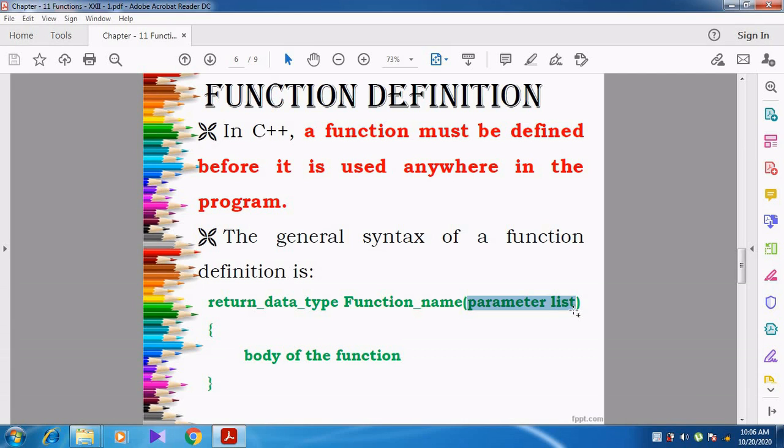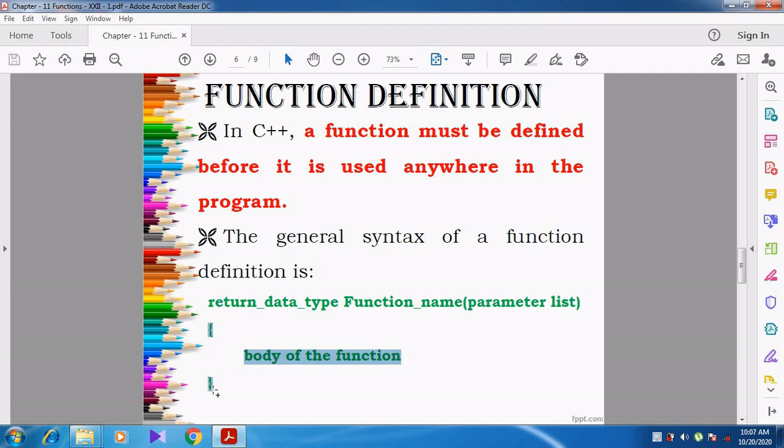Parameters are not compulsory, it is an optional one. So first you specify the data type of the function, which can otherwise be called the return type of the function. Then the function name should be specified. After the function name, within the parenthesis, you can specify the parameter list. Then within the block, that is within the opening curly brace and closing curly brace, we can specify the body of the function.